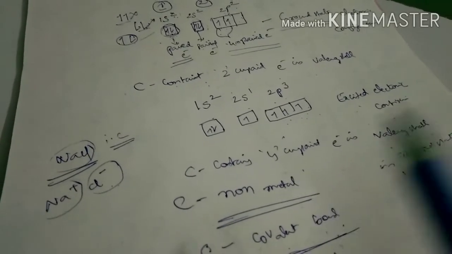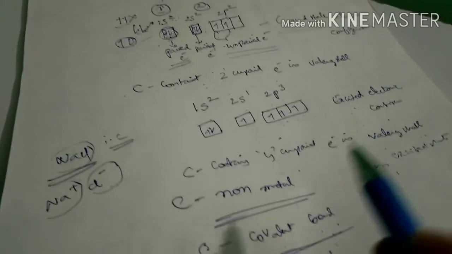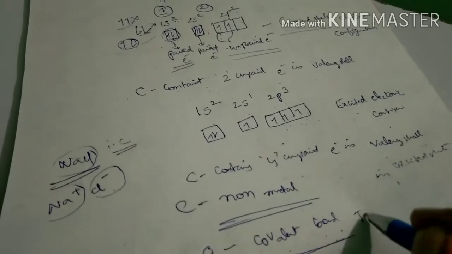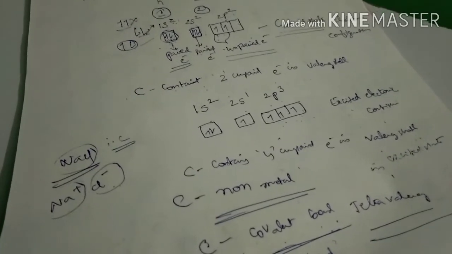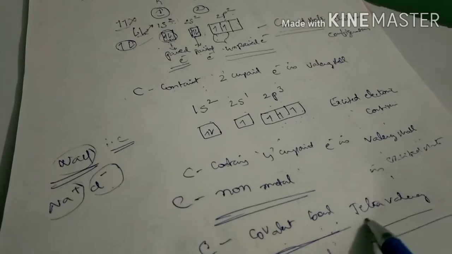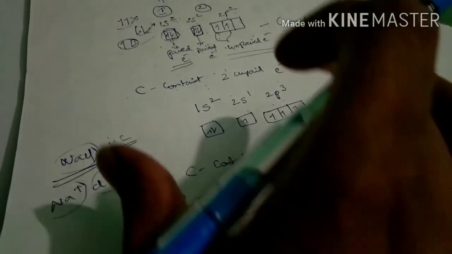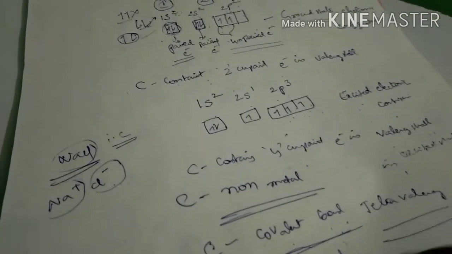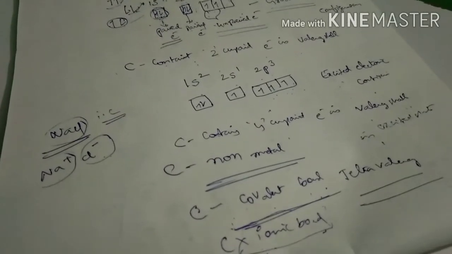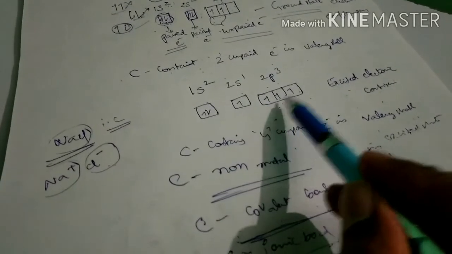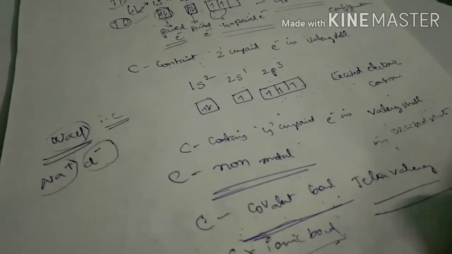So carbon can form how many bonds? 4 bonds with other atom. So the valency here is called tetravalency. Carbon valency here is called tetravalency because carbon can form how many bonds? 4 bonds. 4 is called tetravalency because 4 electrons are present. So this is all about versatile nature of carbon. Here you only have to know one important thing, that is what? Carbon contains 4 unpaired electrons in its excited state electronic configuration in the valence shell, so that it can form 4 bonds with other atom.